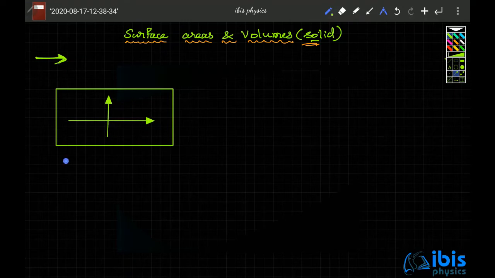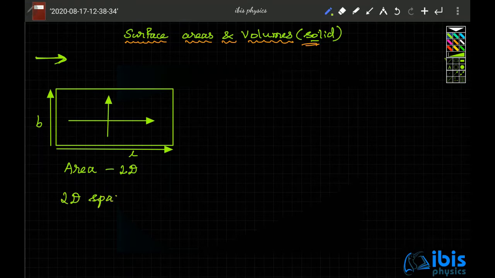The space occupied in two dimensions is what we call surface area, or in simple terms, area. So area is a space occupied in two directions. How do we define area? It is a product of the distance it occupies in two directions. Suppose this is the distance it occupies in one direction, and this is the distance it occupies in the other direction. If this distance is L and this distance is B, then the 2D space it occupies is called the product of L and B, which we call area.